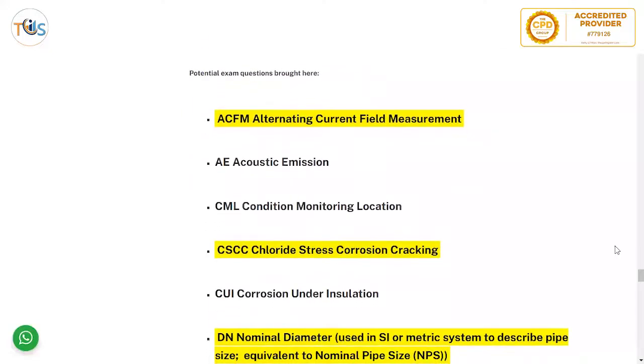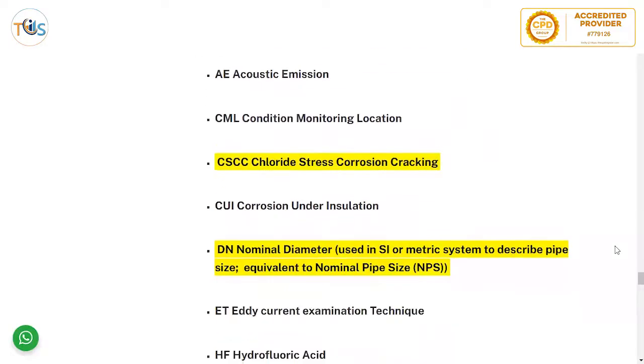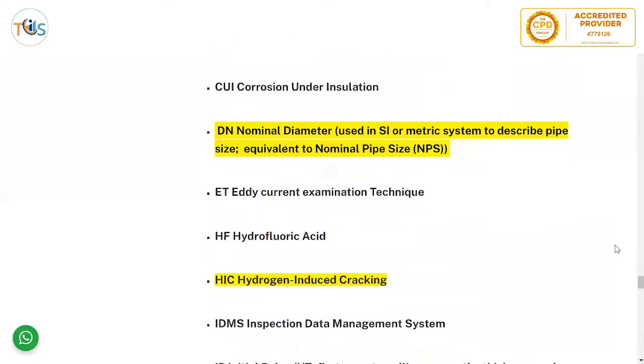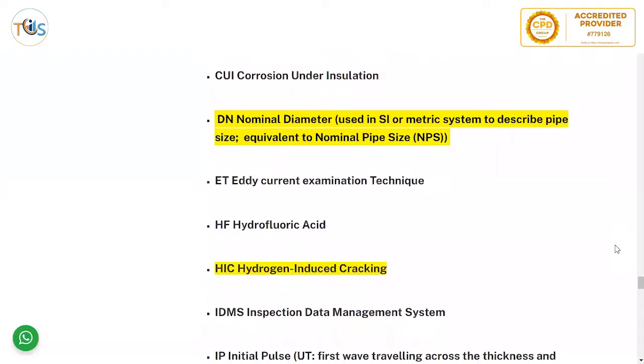There are some acronyms and abbreviations that you would rather remember. ACFM, alternating current field measurement; AE, acoustic emission; CML, condition monitoring location; CSCC, chloride stress corrosion cracking; CUI, corrosion under insulation; or CUF, corrosion under fireproofing; DN, nominal diameter used in SI or metric system to describe pipe size, equivalent to nominal pipe size, NPS;